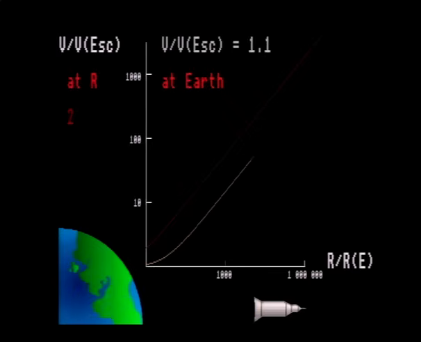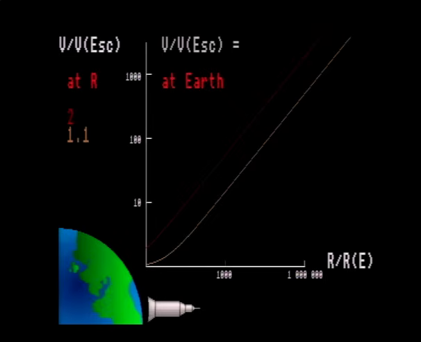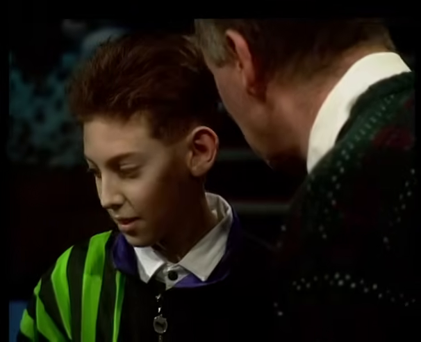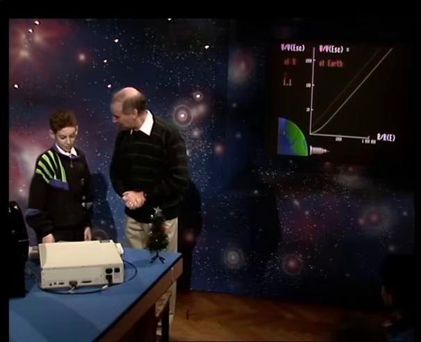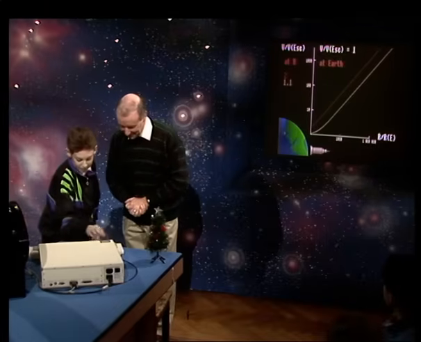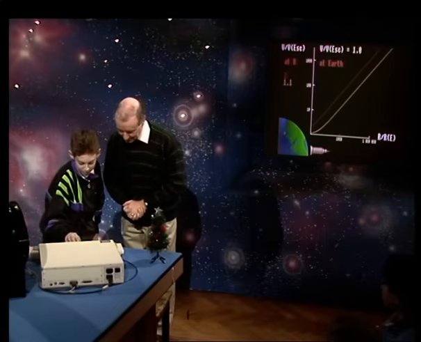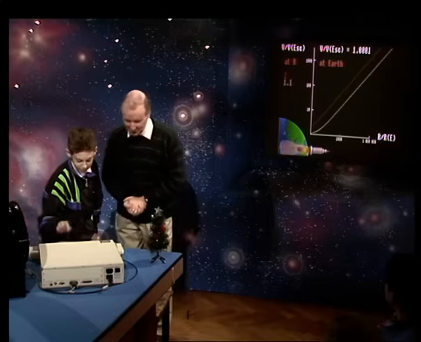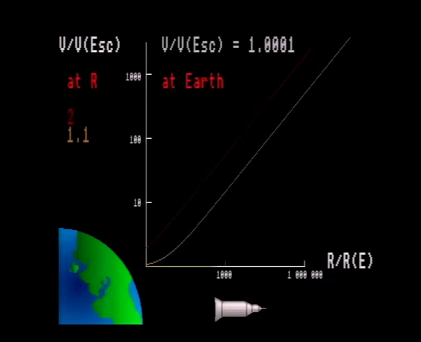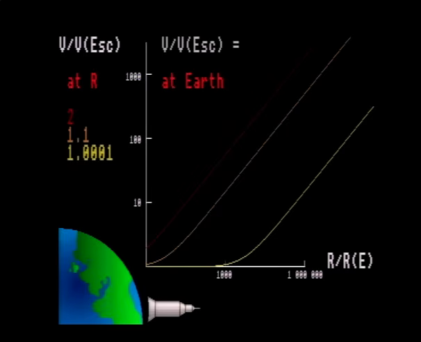Now again, it's very close to the escape velocity on Earth, but very soon it picks up velocity and zooms away. Let's try a really small number. 1.0001. Okay? And return. Now there goes the rocket again, almost with the escape velocity, but eventually what happens? It goes up. Thank you very much, Dan. That's great.